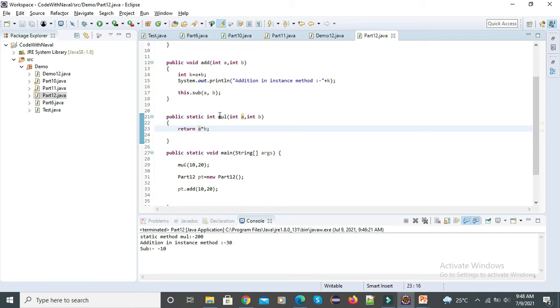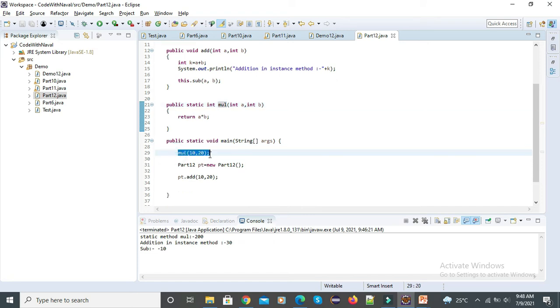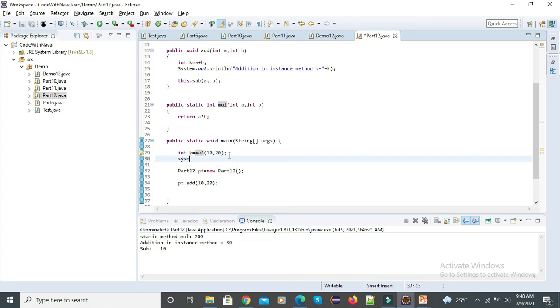Now when this method execution completes, this method holds this result. Now I want to print this result. We can simply define a new variable int k equal to, store that result inside this k variable and print.